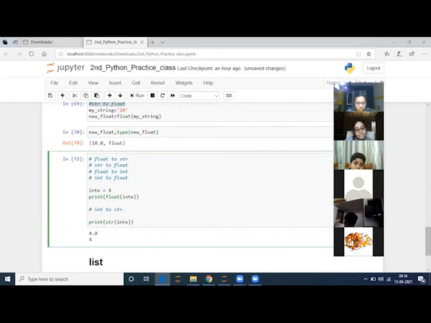I will put it inside a variable, string equals str of int, and print it with the type of string. I can put string directly because I've already initialized it.